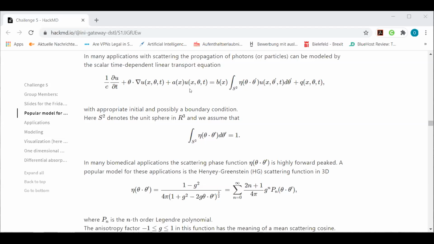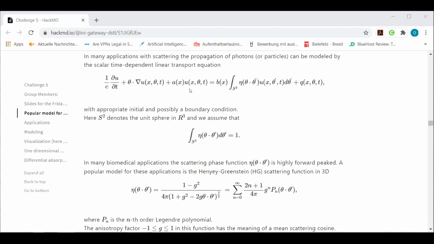If you are looking at an infinitesimal volume, on the right you have the gains. And if there's no scattering at all, you can forget about the integral term. Then you just go along straight lines. Q of x is our source term, which in our case would be the laser. If there is scattering, this integral term pops up, and the B of x is then also incorporated in the A of x on the left.